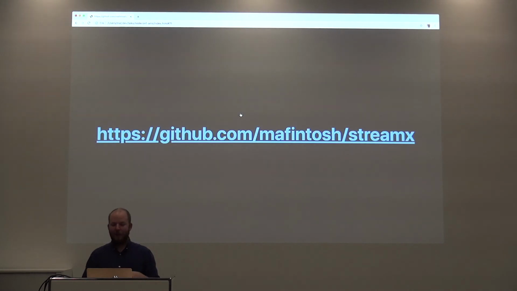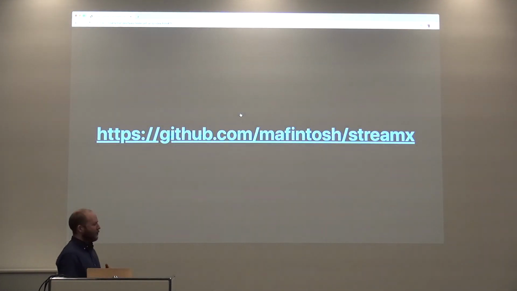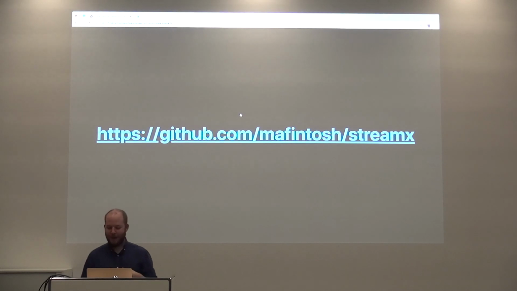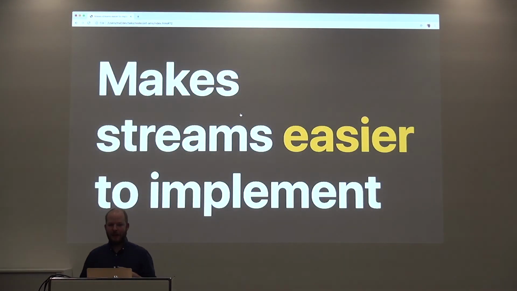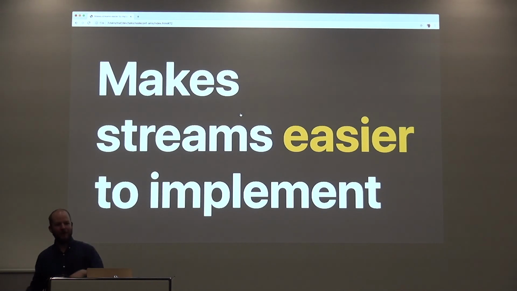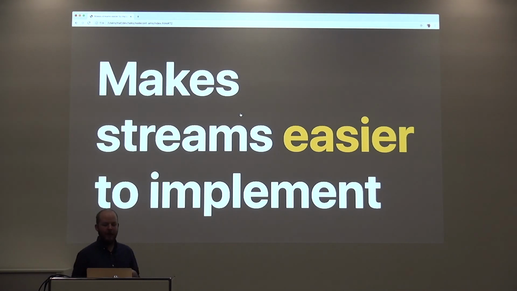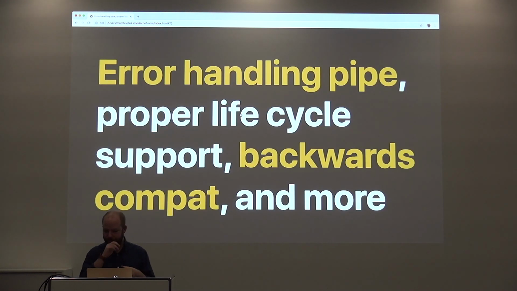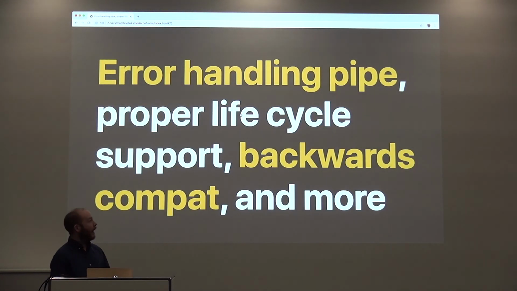So I wrote this module, I got very frustrated, and I wrote this module called streamx, kind of like the best versions of streams, that just takes away all the backwards compat, which I can do because it's a module. It makes very strict guarantees about everything, but contains the same streams interface, so it works with all the Node stuff. If you're doing anything with streams, like implementing them, then this is probably worth looking at.